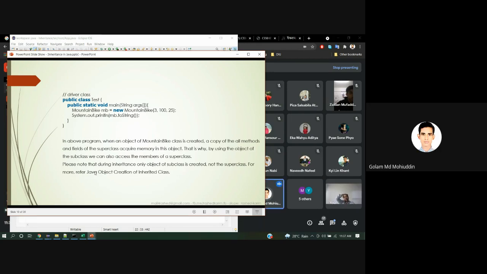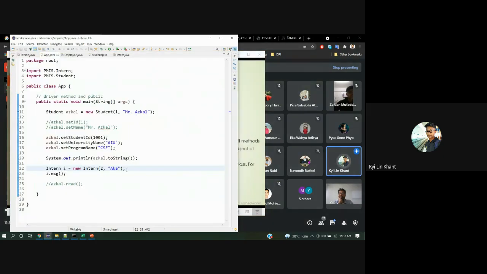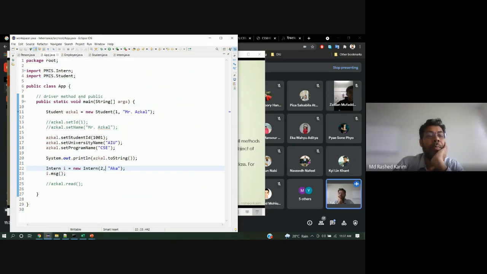Okay, sir. Now I understand. Sir, what is basically the difference between the protected one and the private one? Protected and private. Oh, protected means, okay, have a share